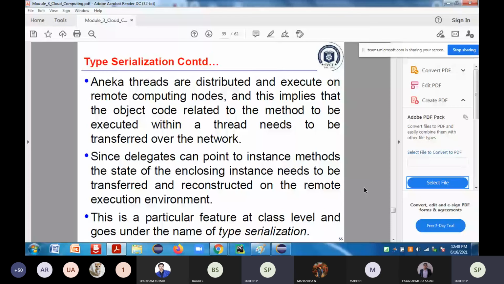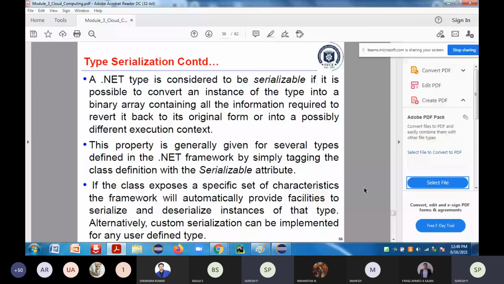This process of sending the different instance, at the object level, to the other system is called type serialization. So it is serializable that you have done. This will complete your chapter 6.